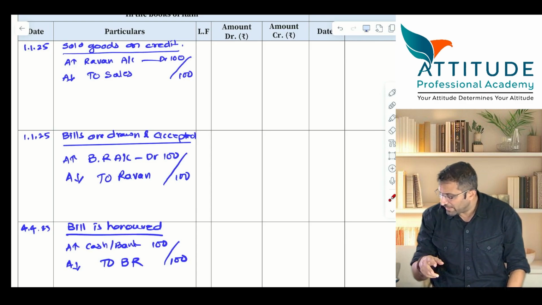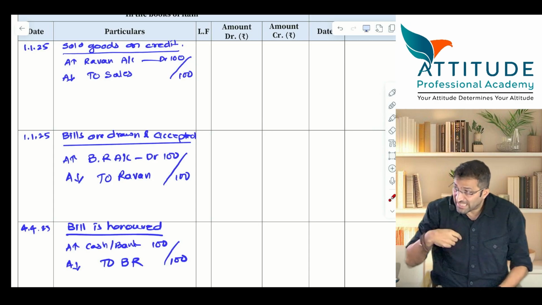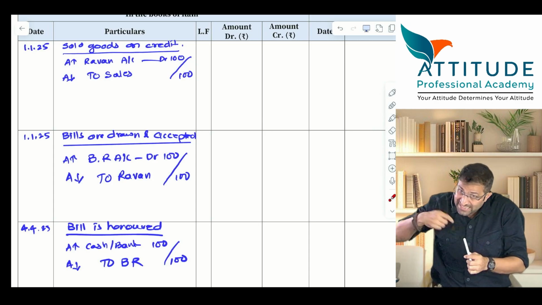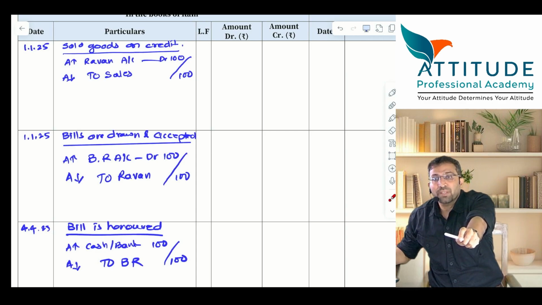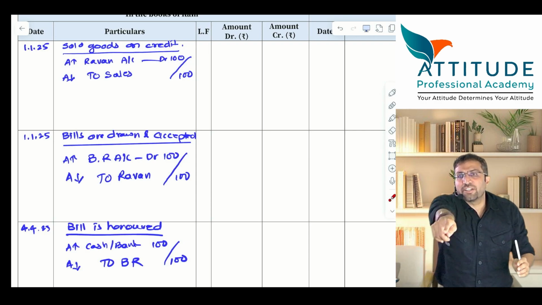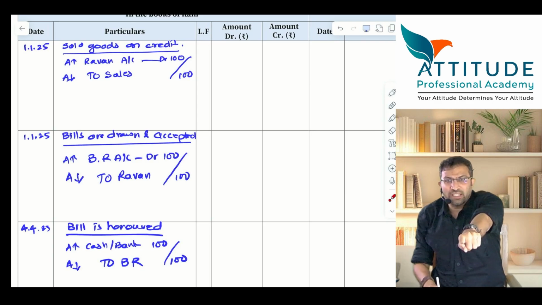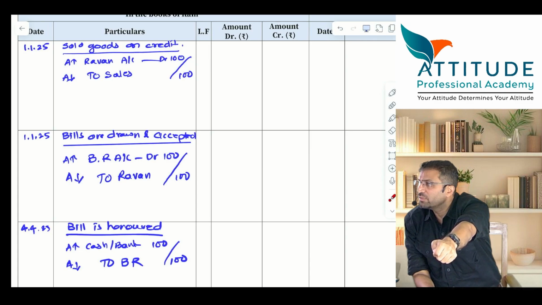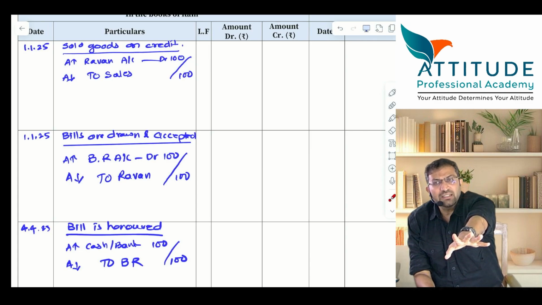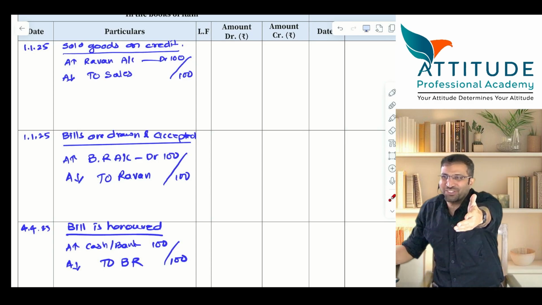Ravan is a debtor. Then bills are drawn by you. Correct? No entry is passed. Bills are accepted by me. No entry is passed. I accept and send it back to you. Entry is passed. For you it becomes bills receivable. Entry. Ravan account gets closed in your books. Ravan is now represented by bills receivable. Then on maturity, you are holding the bill up to maturity. On maturity, I come and make the payment to you. You get the money. Entry. Cash or bank account debit to bills receivable. Done. This is in your books.